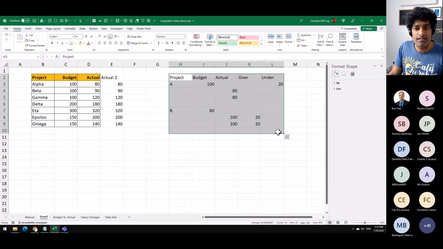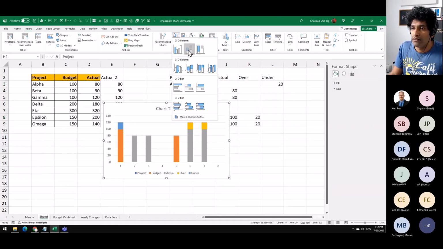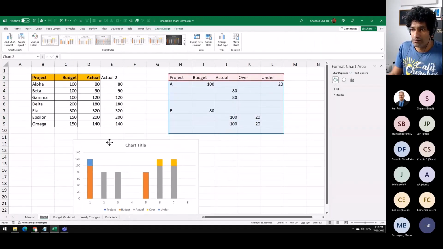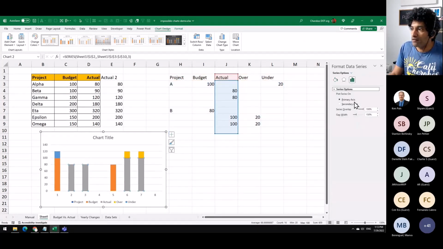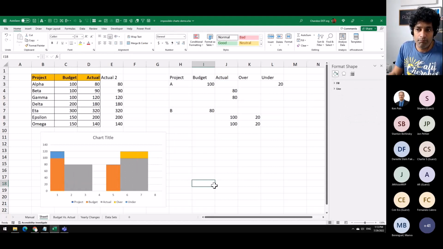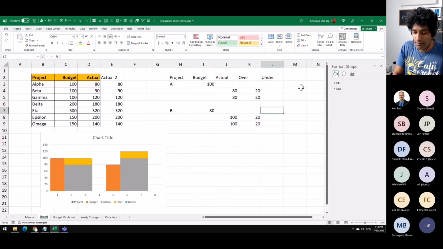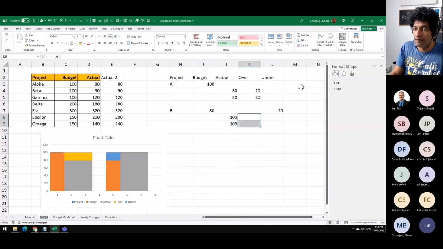OK, as I said, this is going to look quite clumsy, but once we make a chart, you will understand where I'm going with this. So we will get something like this when I select all of this and make a chart. At this point, if I set my gap to 0, I'll get a picture like this. I think I've got my things in the wrong place. Oh no, just do 20, 20 here, and then delete that, and this will put 20. So yeah, we will get this kind of picture from that data.